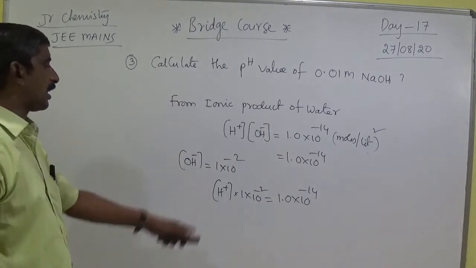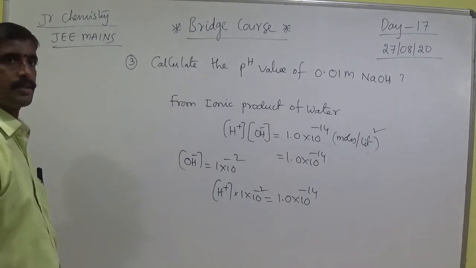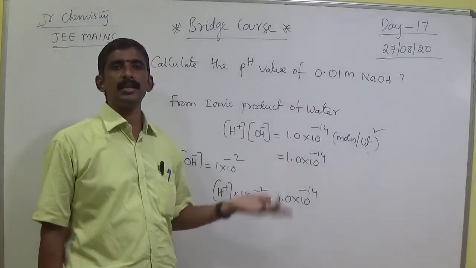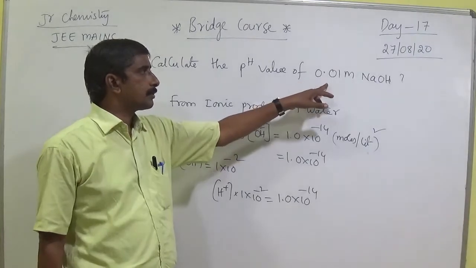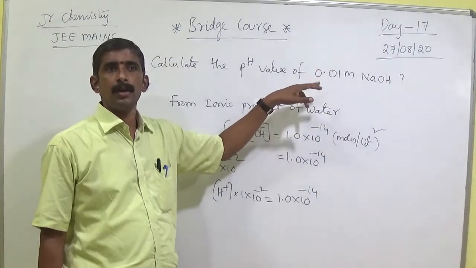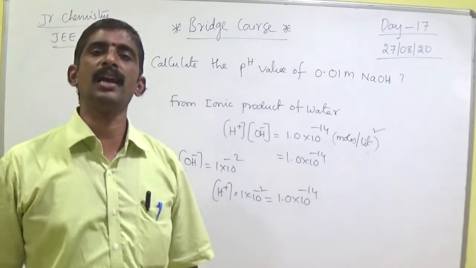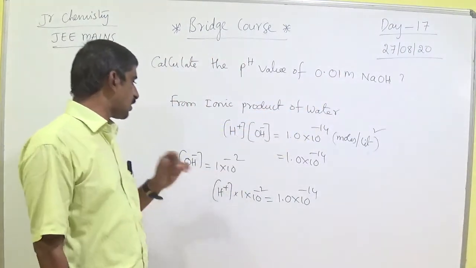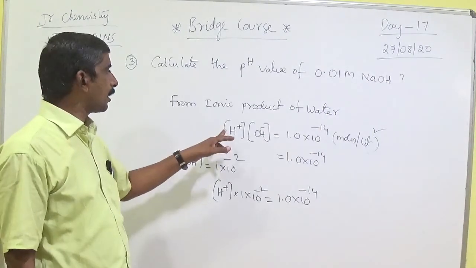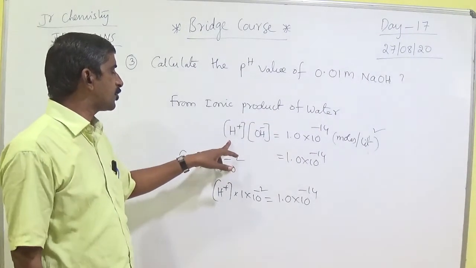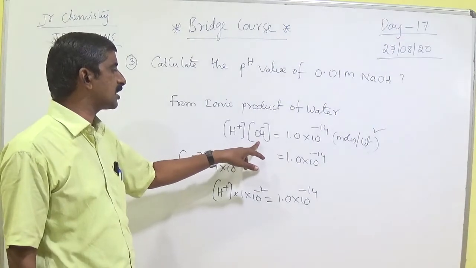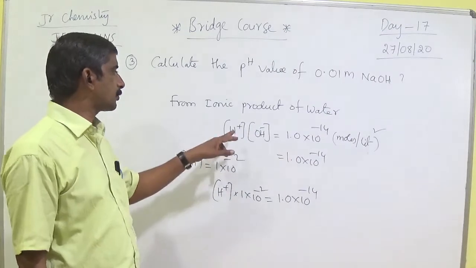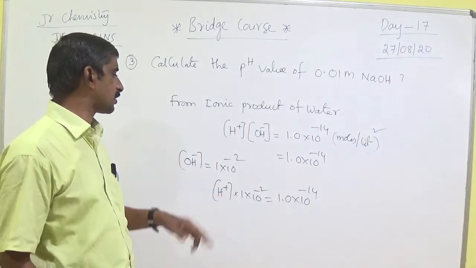After that we can calculate H plus. The pH value depends on the H plus. So if they give acid concentration, pH value calculation is easy. Sometimes they will give base concentration. By using base concentration, how can we calculate pH value? From the base concentration, we can calculate H plus concentration. How? From the ion product of water, H plus concentration into OH minus concentration equals 1 into 10 to the power minus 14. Substitute the OH value, and we can calculate H plus concentration.